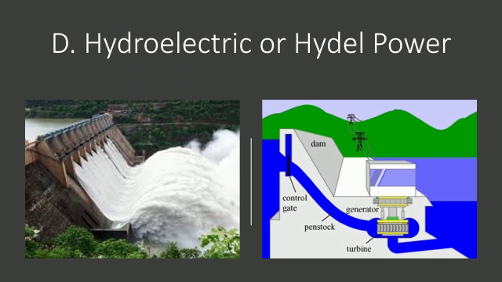Fourth, hydroelectric or Hydel power. Hydroelectric energy or Hydel power is a form of energy that uses the power of water in motion, such as water flowing from a dam, to generate electricity. The water stored in a dam at a height is brought down through a tunnel and the turbines of the generator are rotated. The place where electricity is generated in this way is called a hydroelectric or Hydel power plant. The Koyna project in Maharashtra is a well-known Hydel project. There are also other smaller hydroelectric plants located at other dam sites.